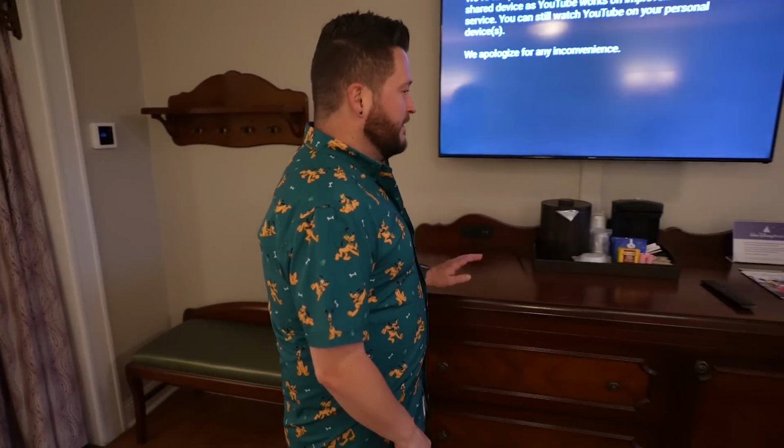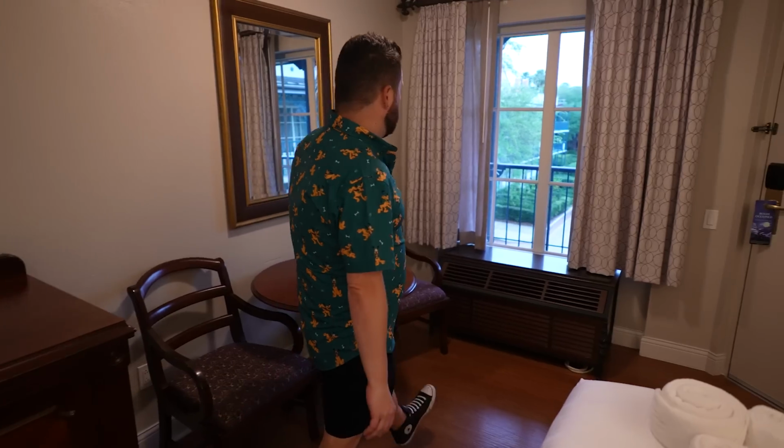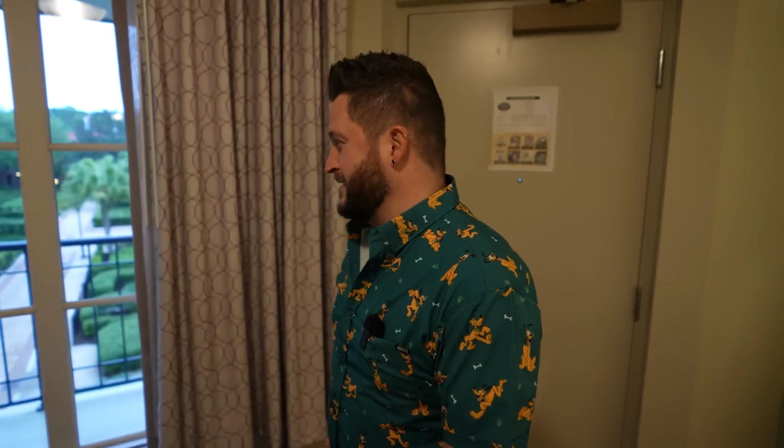But that's it. That is the Garden View room, 2-queen room here at Port Orleans, French Quarter. You know how hard it is not to say Riverside every time I go to say that? You can see it in my eyes. I thought I was kidding at first, but